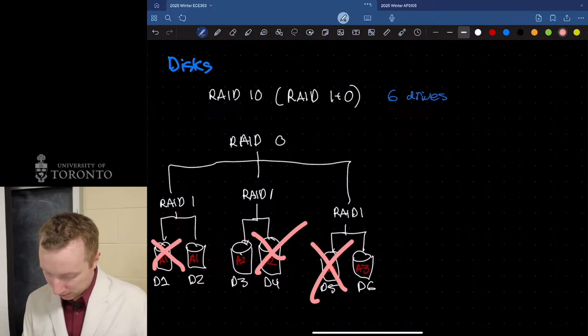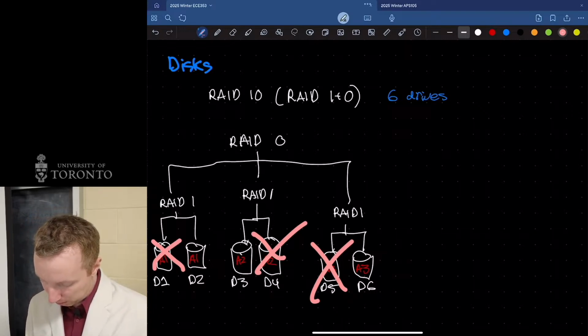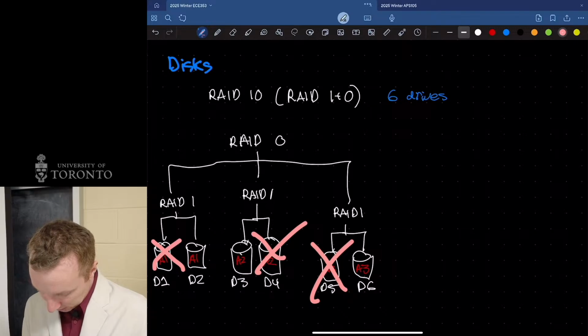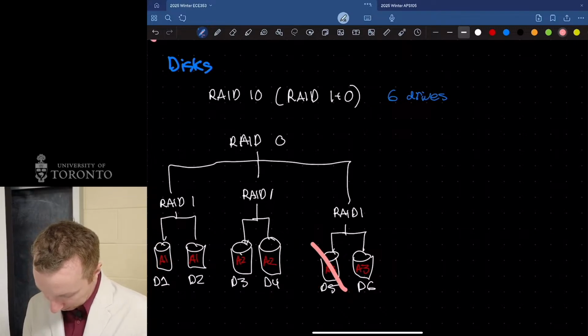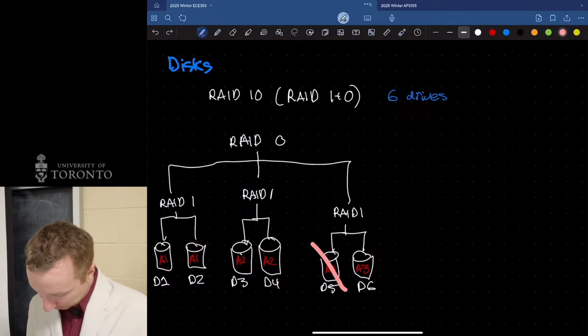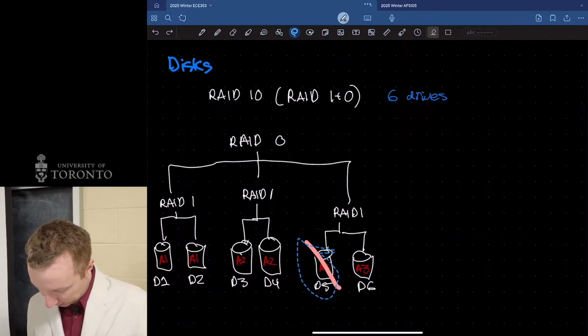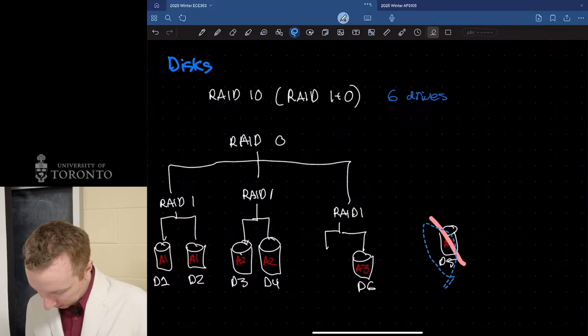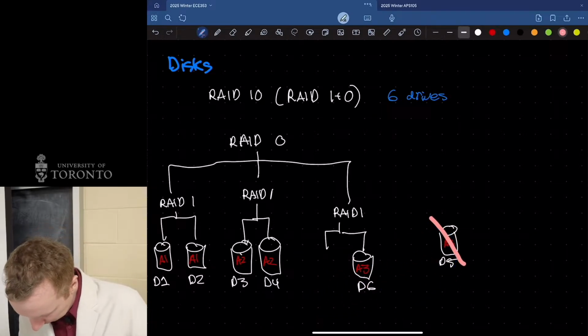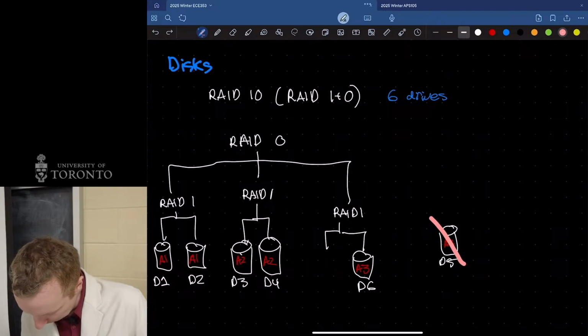In this case, to do a replacement, let's rewind a bit and say disk 5 dies. It's easy to replace it. I just get rid of the disk and replace it with a shiny new disk 5.